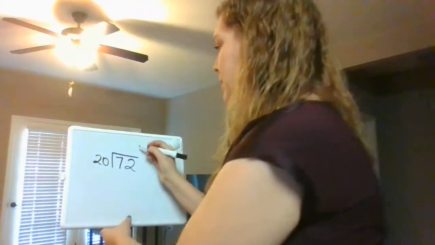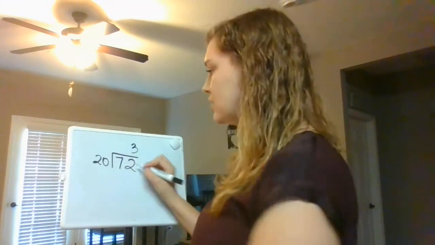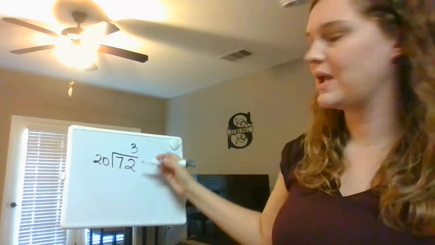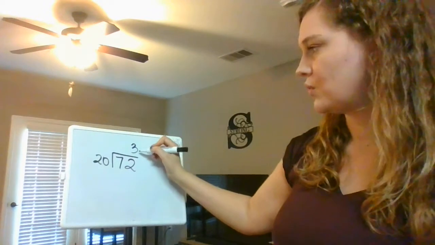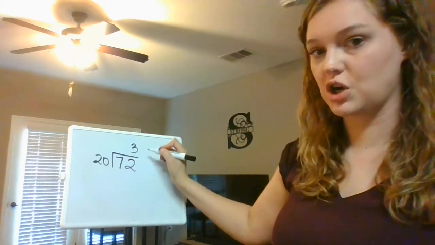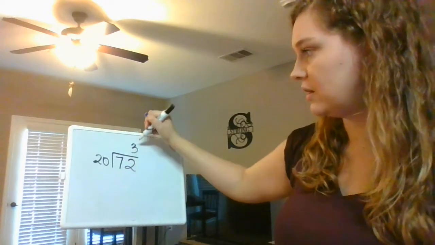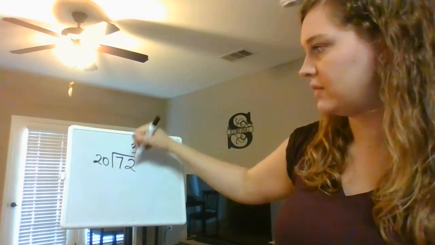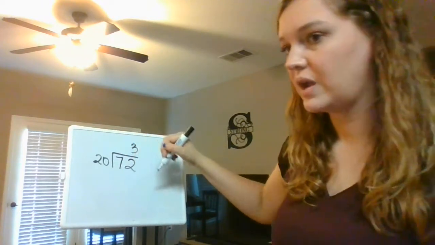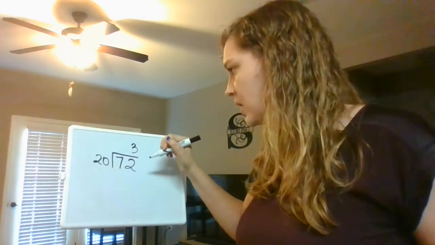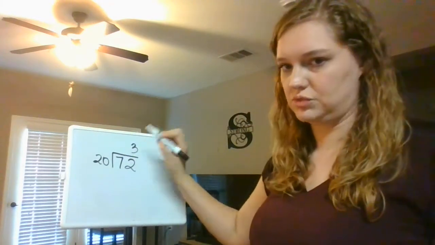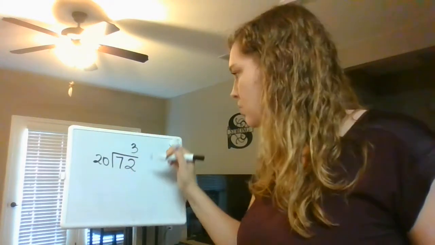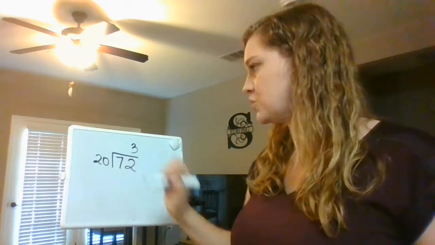Now, we have to put our number here because we are doing 72 divided by 20. We have to put our first number right here. Make sure you're putting it over here in the ones place, because you can't put it right here. Just don't do it. So now we can do 3 times 20,